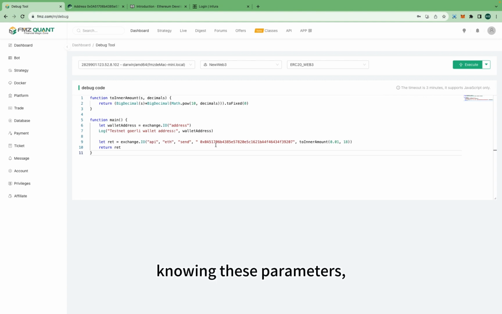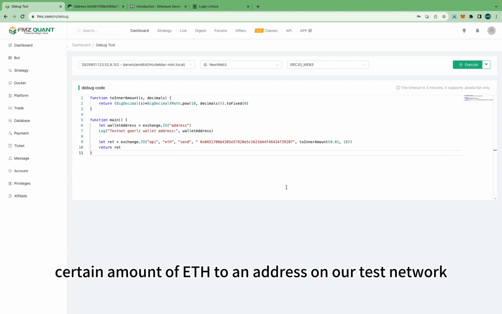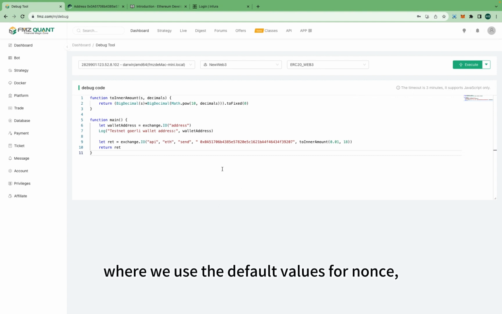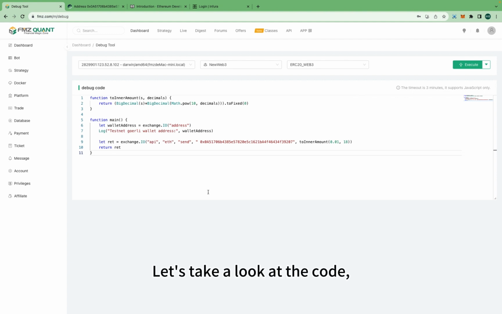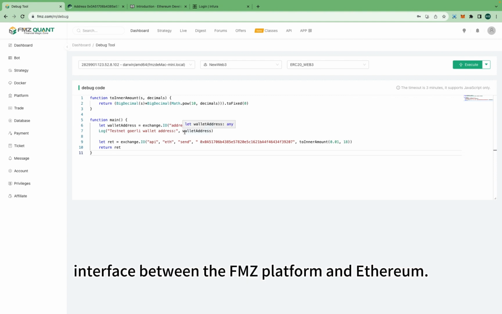Knowing these parameters, when we then transfer a certain amount of ETH to an address on our test network, we use the default values for nonce, gas price, and gas limit. Let's take a look at the code, which implements an Ethereum transfer operation through the RPC interface between the FMZ